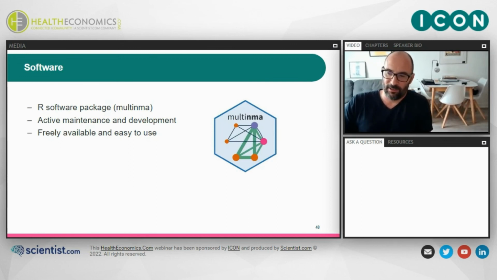So this sounds to me very powerful. It is arguably one of the more sophisticated approaches for NMA. But fortunately, someone else has already done the hard work of implementing these methods into software tools. And this multi-NMA package is written in R, and the author is Filippo, who's the original author of this method, and whose reference I gave you on the previous slide. So I'm just going to show you a very simple example of using this package to do an ML-NMR.